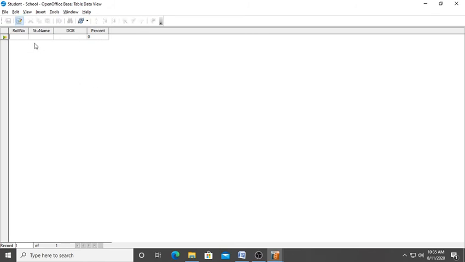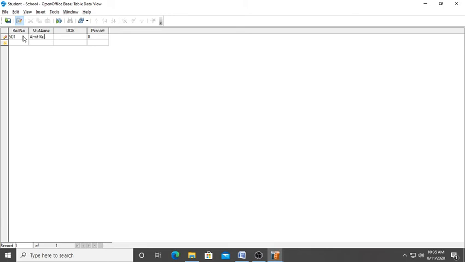Now here we can start feeding our records one by one. So here suppose my first roll number is 501. Then the student name is suppose Amit Kumar.